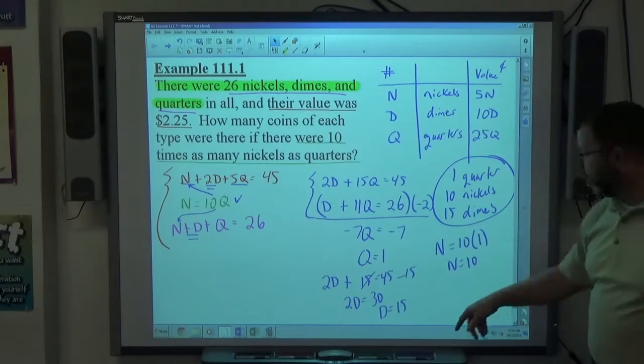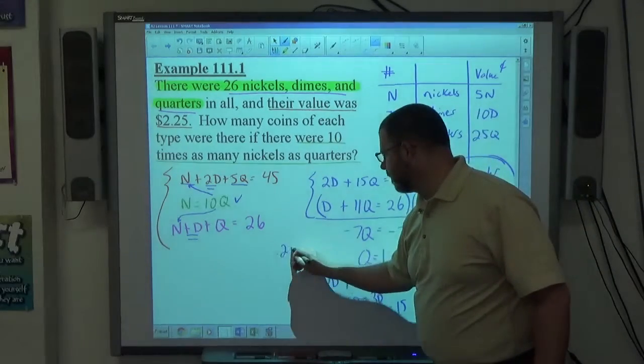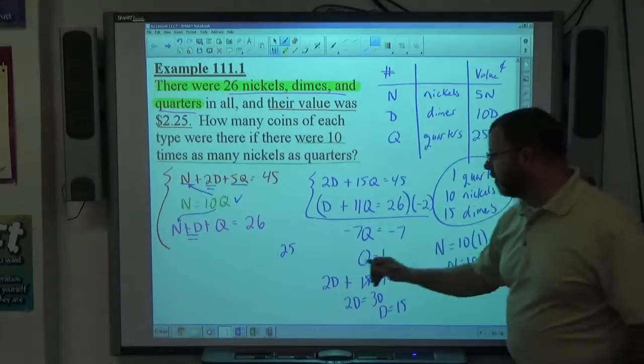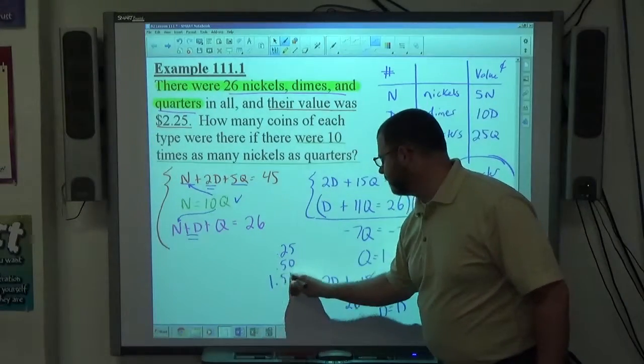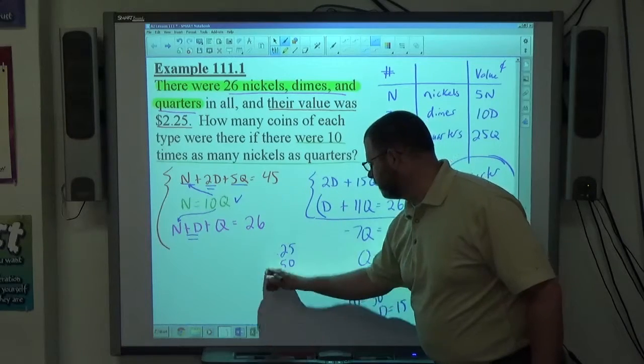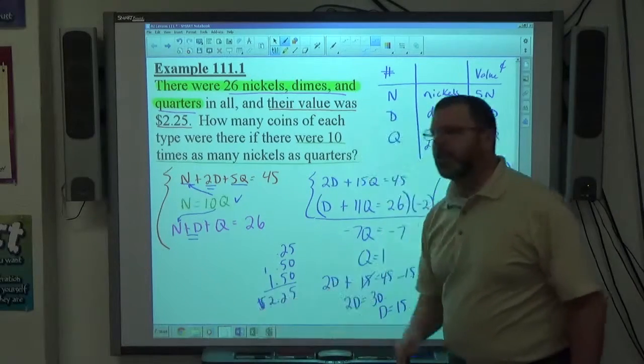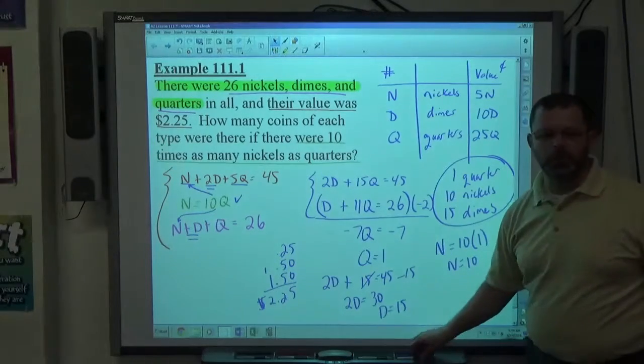That works. 1 quarter is worth 25 cents. 10 nickels is worth 50 cents. 15 dimes is worth $1.50. $2.25, correct amount of money. Everything works out with those 3 numbers, so that's the way